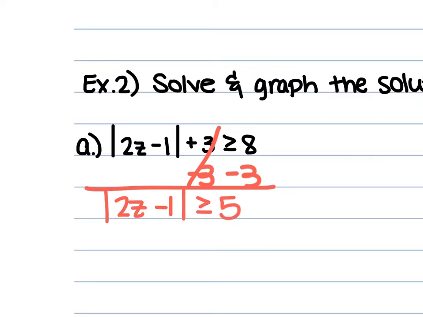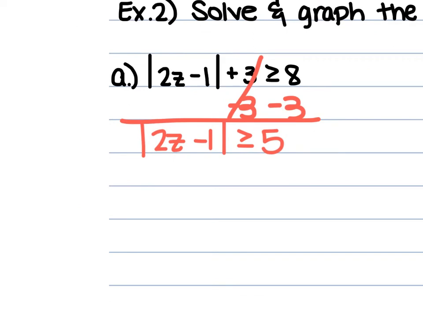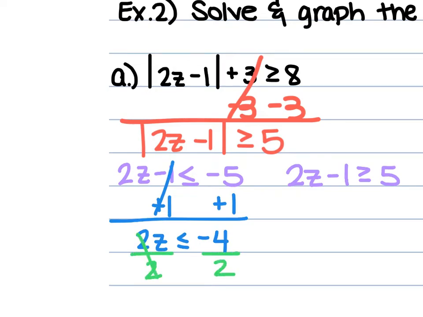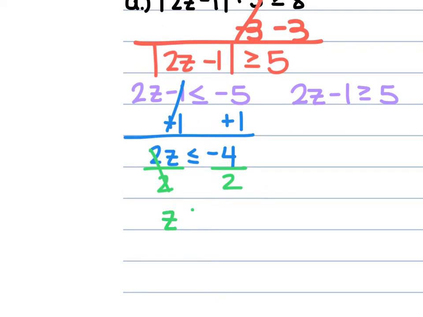From here, we're going to separate into two inequalities. So we're going to have 2z minus 1 is less than or equal to negative 5, as well as 2z minus 1 is greater than or equal to 5. Start moving things over to get that z by itself now. If we're working with the one on the left, I'm going to add that 1 to both sides to get 2z is less than or equal to negative 4. And then I'm going to divide by 2 on both sides to get that z is less than or equal